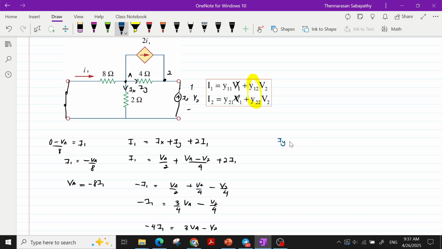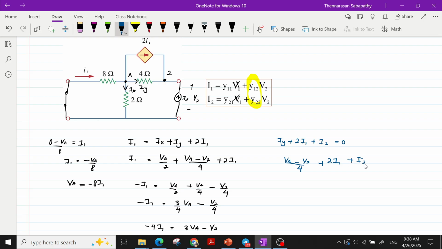Iy plus 2I1 equals Iy, this is I2 plus I2 equals 0. And Iy, I can write as VA minus V2 over 4 plus 2I1